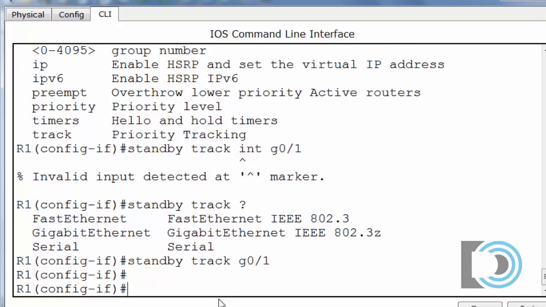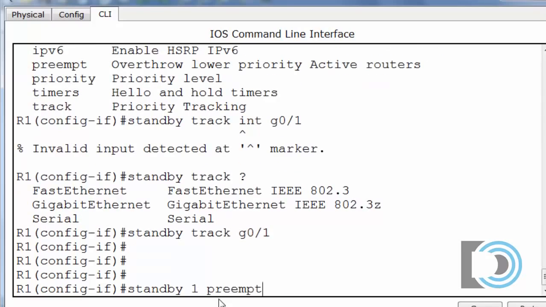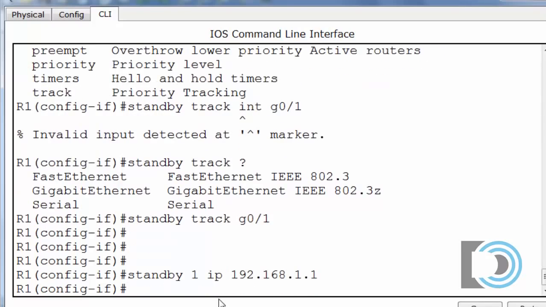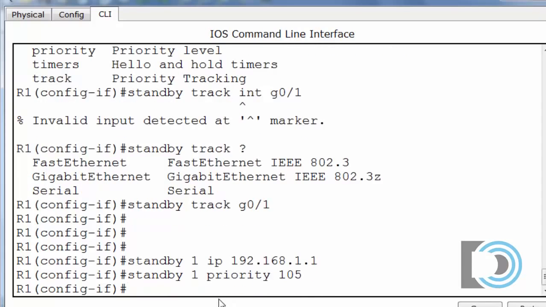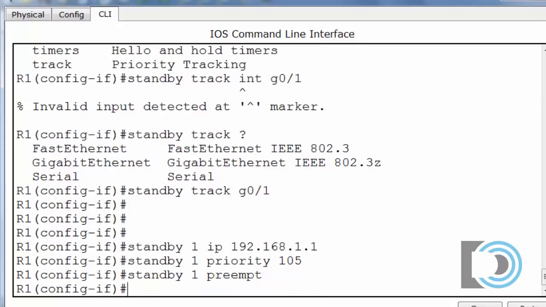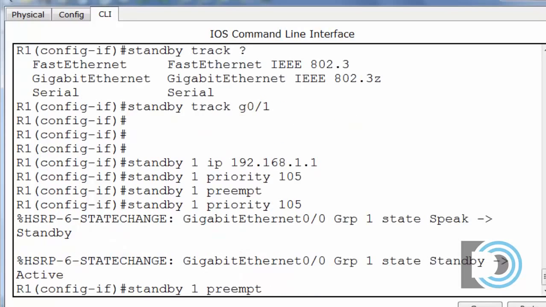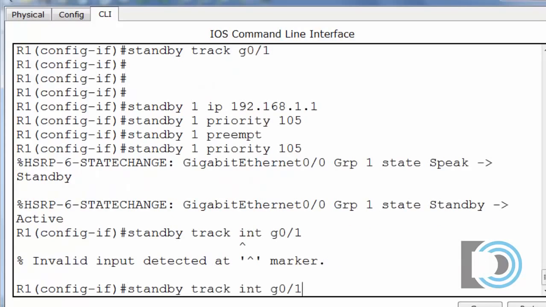So now if we look at the complete set of commands that we put in: standby 1 and our virtual IP address. We give ourselves a higher priority number, so we'll be the active router, or we will have priority over other routers with lower priority numbers, and the default priority number is 100, so we will be the priority gateway router. We will preempt the other routers, and also we will track our outbound interface